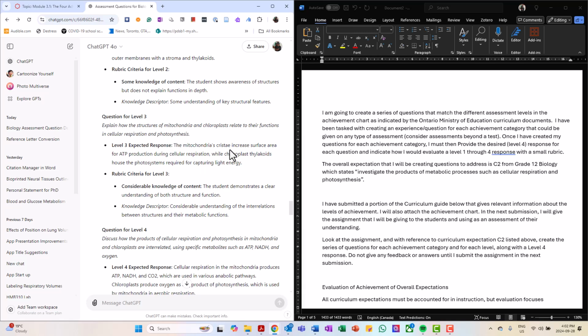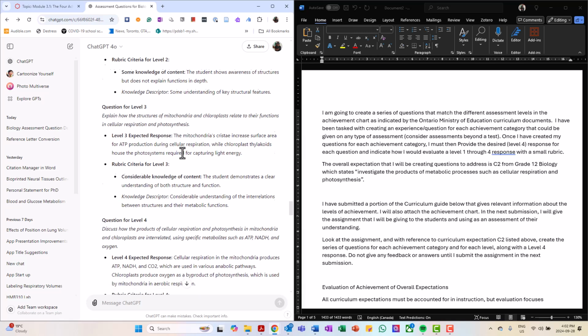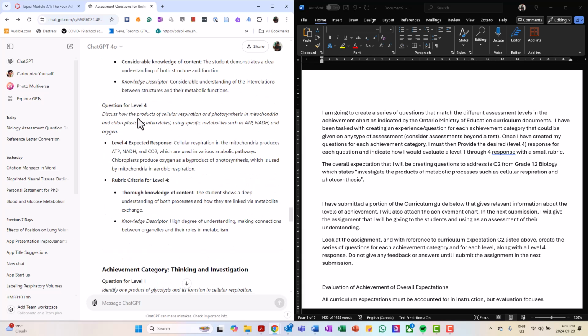Okay, so where the cristae invaginate and the importance of surface area for ATP production and how they move downstream and upstream, that's appropriate. And number 4, discuss how the products of cellular respiration and photosynthesis and the mitochondria are interrelated. So I'm doing this in the classroom. Sorry, when I did this in the classroom, that was a question I would expect my students to be able